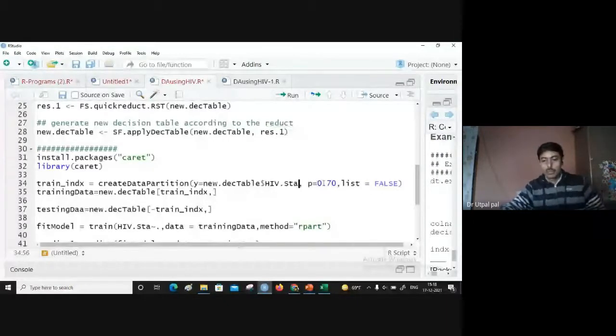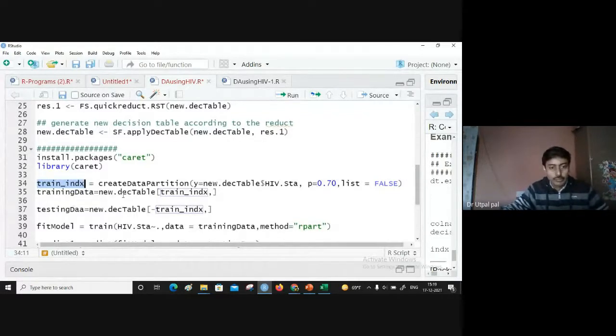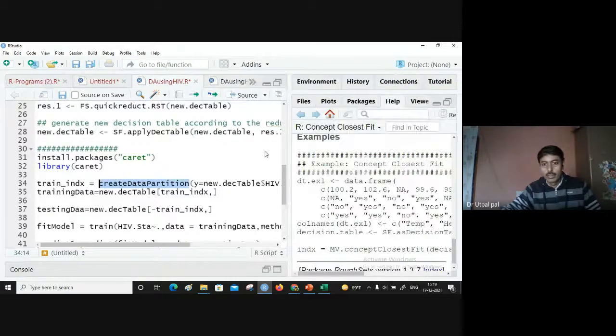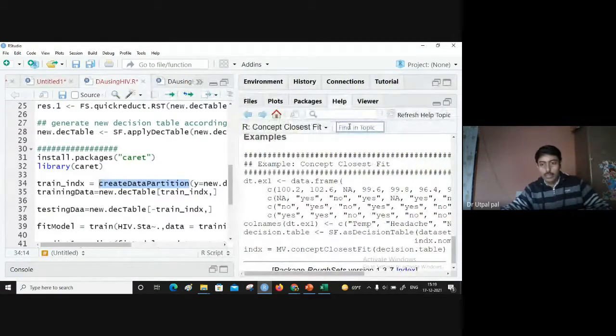That means we want to take 70% of the data as the training data set, and the remaining 30% will be kept for testing purposes. Okay. So this is the signature of the function. If you know about this function, you can even copy this and paste it here.